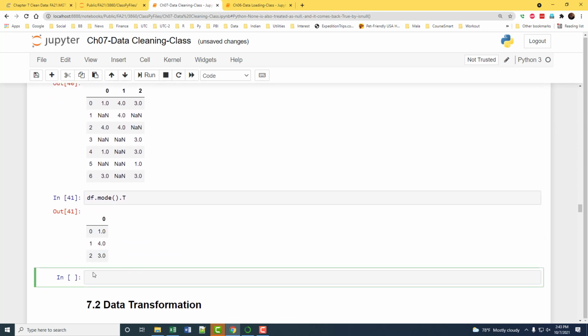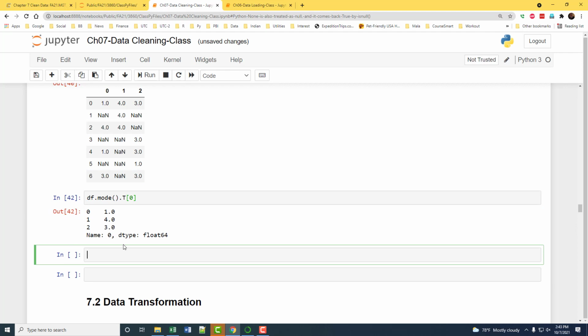See, when you transpose it, you get that. Again, it is a data frame, but we want this column. So now, since you're peeling off the first column, that returns you a series.